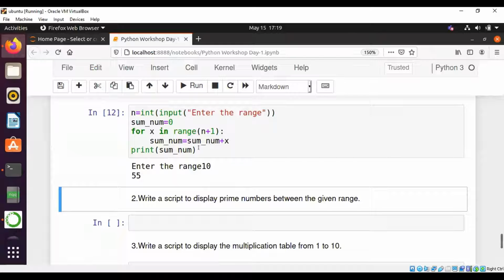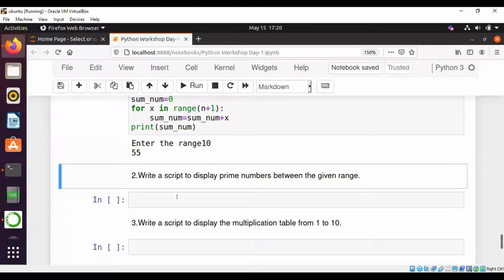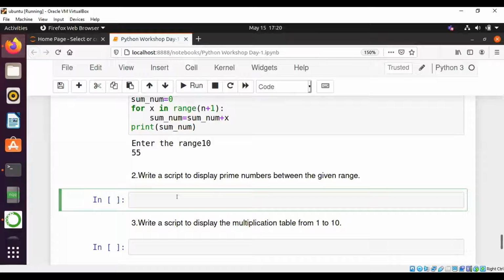Let's see how to display the prime numbers up to the given range. As prime numbers start from 2, we can include 2. Let's take the input as n is equal to int of input.